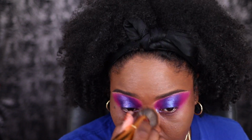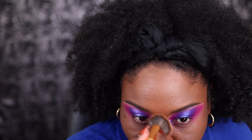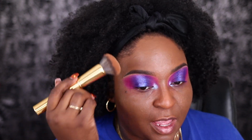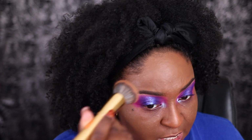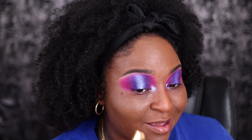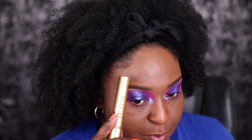To be honest, I don't think I'm in love with the shade. It is a medium coverage. I wouldn't say that it's full, even though every question that I answered, I made it a point that full coverage is a must for me because I have acne prone skin and dark spots. Right in this area, at least, I can see it. You can see my hyperpigmentation coming through. I'm not gonna judge it as far as my skin irritation, because you can see it, but to me,